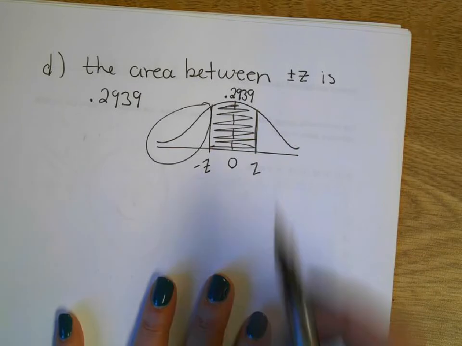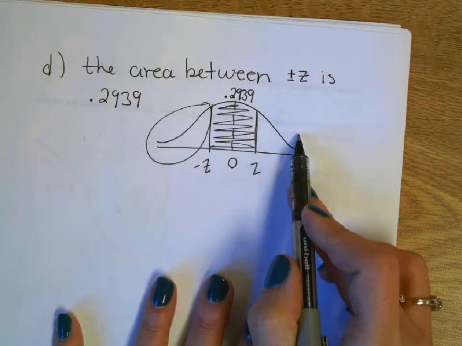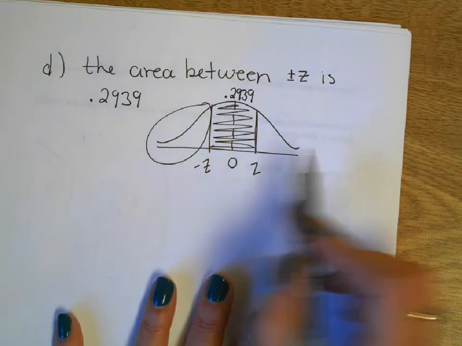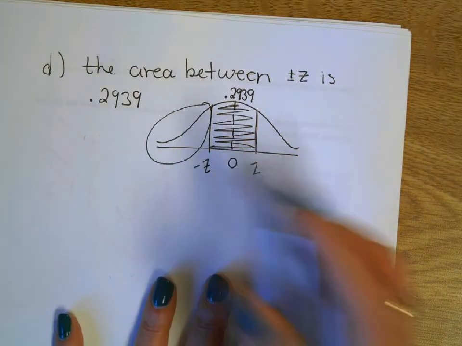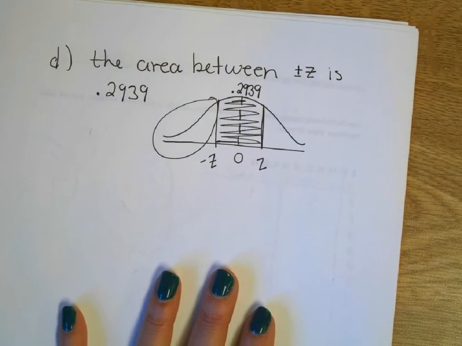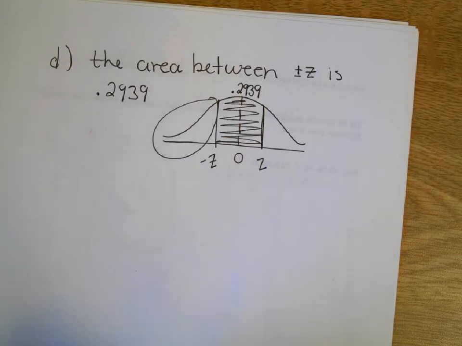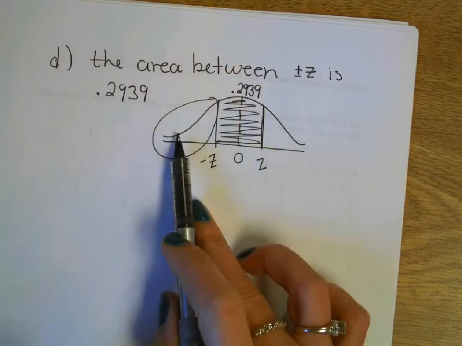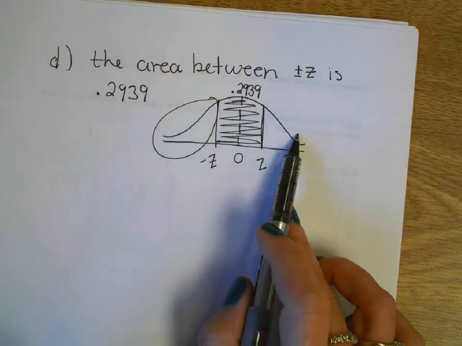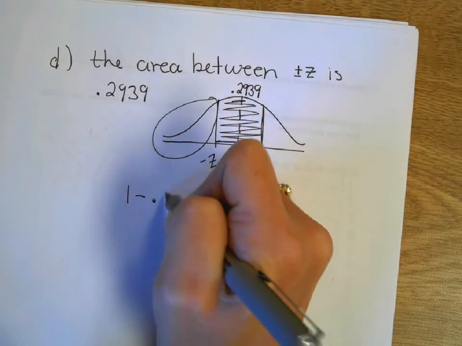I personally would do 1 minus this. That would give me these 2 pieces. Then I'd cut it in half and get this one. 1 minus this middle part will leave me with what's in these 2 tail pieces. Agree? So we'll go 1 minus